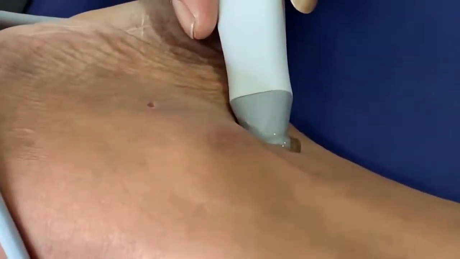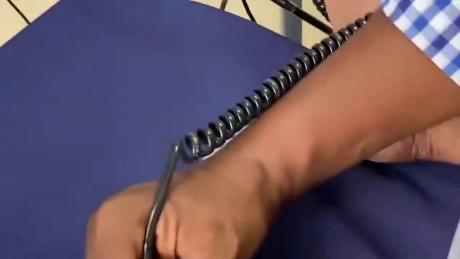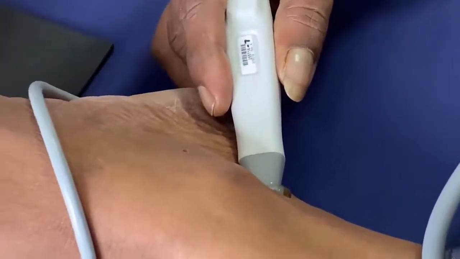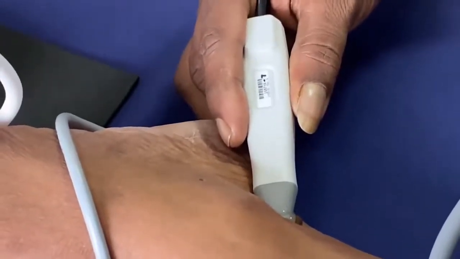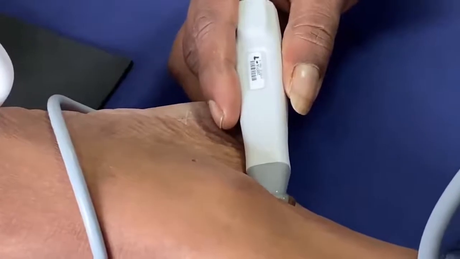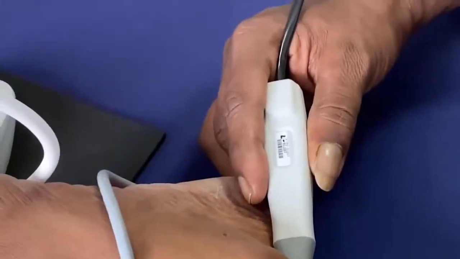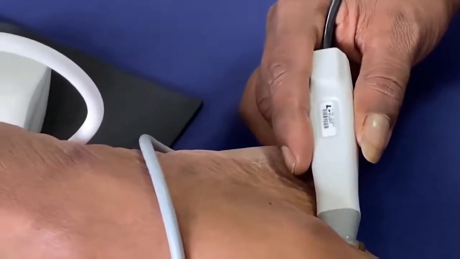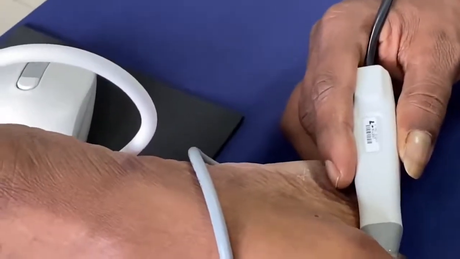Now it is in the left posterior tibial. You can see the waveform. So you have to hold the probe. We should not lose track of the probe. Always support your hand so that we don't lose the signal. Now it is stabilized. Now I am recording. You can see on the top the waveform has come. Now I am pressing blood pressure. Now BP is increasing.